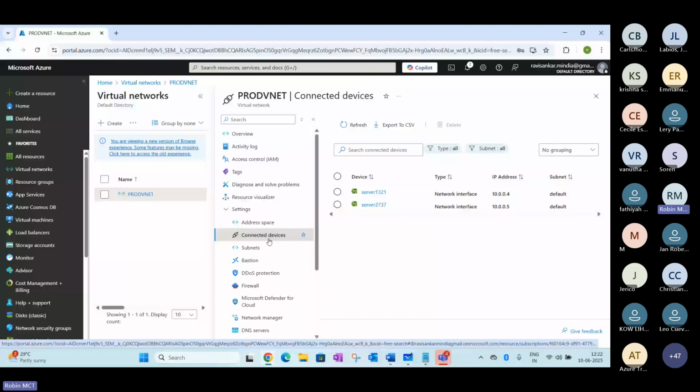You can see the vNIC details about the servers currently connected here. Technically, you need to understand that a private IP address has been configured with the help of a VNet, and internally this has been configured here. That may be the point all of us can remember and use here.